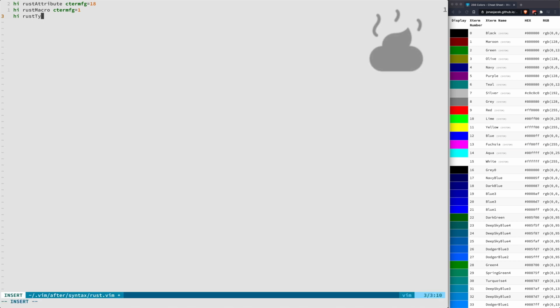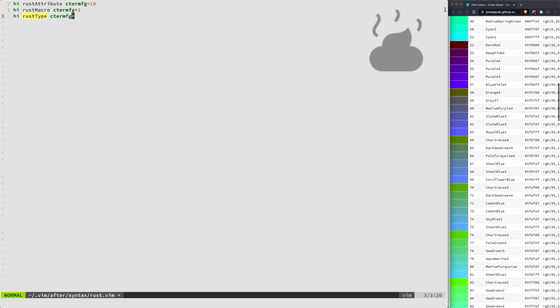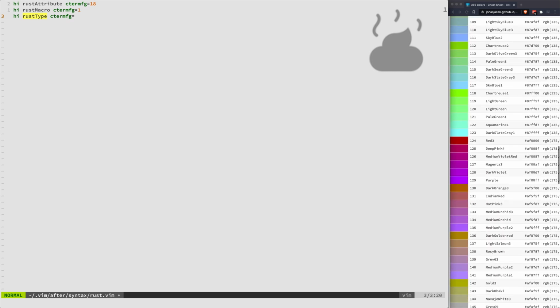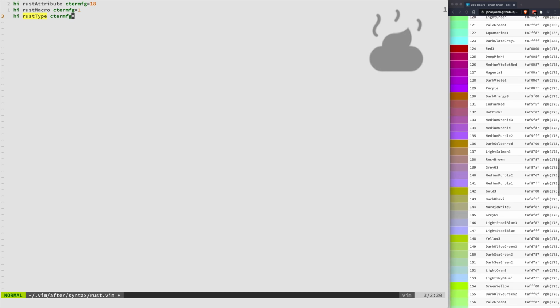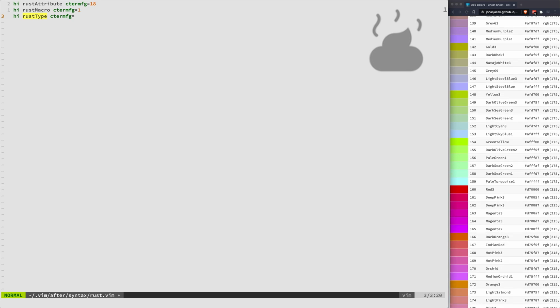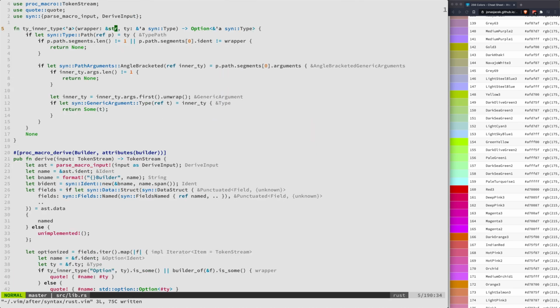So let's change this to type and cterm fg. Okay, and I want orange. Let's see over here. Is there a dark one? I want it to match the one that I saw, and I think that's pretty dark, like 130 maybe. Let's see what else we have here. Alright, we'll try 166. I think that seems probably pretty close. So 166. Okay, and just going back here,